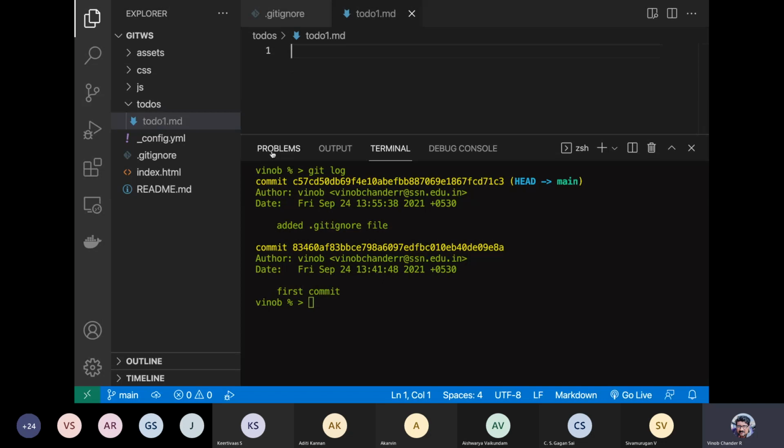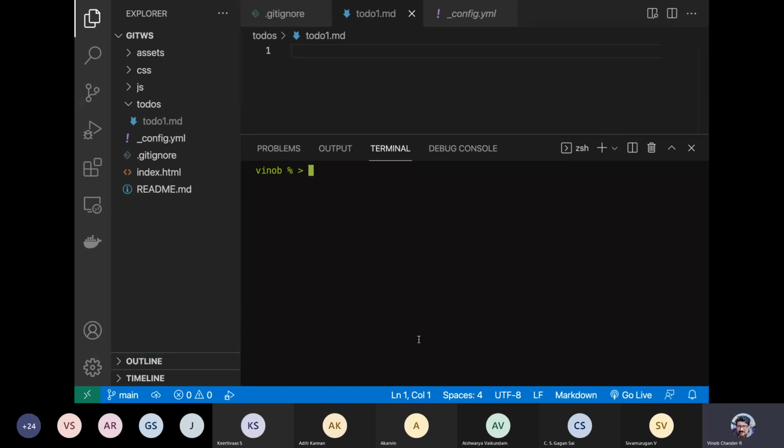Now see here guys, first of all, this also gives you a kind of visual cue, right? The Visual Studio Code itself gives you a visual cue. It is grayed out. So that means that it is not getting tracked. So that is also a visual indication. So if a particular file is grayed out, that means that those particular files are not tracked. Okay, now see here, if you do a git status again, right, it will not say that to do one.md is untracked, because you don't want to track it, right? Right, so nothing to commit, working tree is clean.